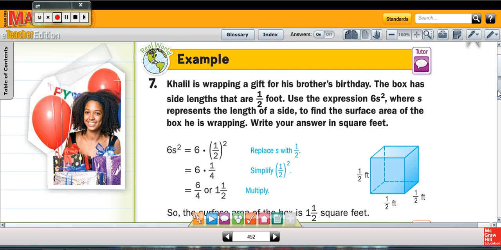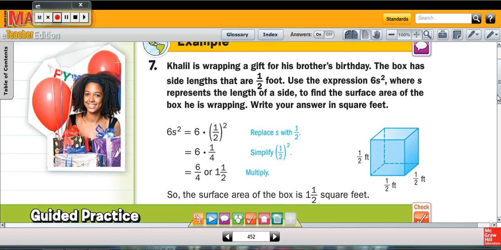On this page, we have this word problem. Khalil is wrapping a gift for his brother's birthday. The box has side lengths that are 1/2 foot. Use the expression 6s squared, where s represents the length of a side, to find the surface area of the box he's wrapping. We'll work more with surface area a little bit later this year, but remember, surface area is